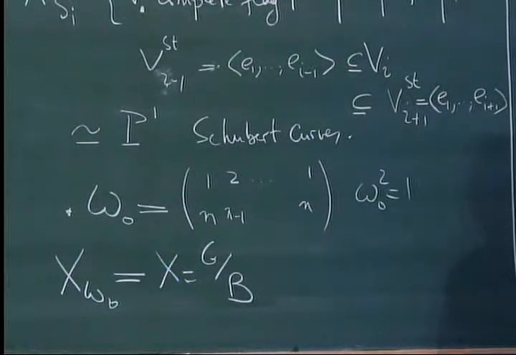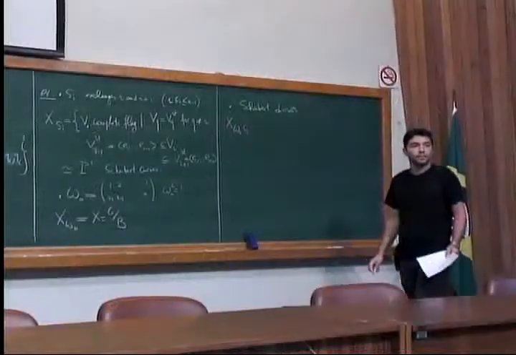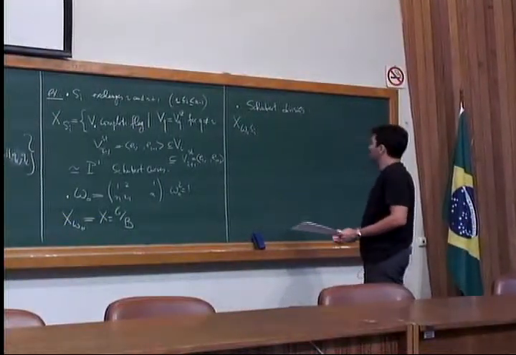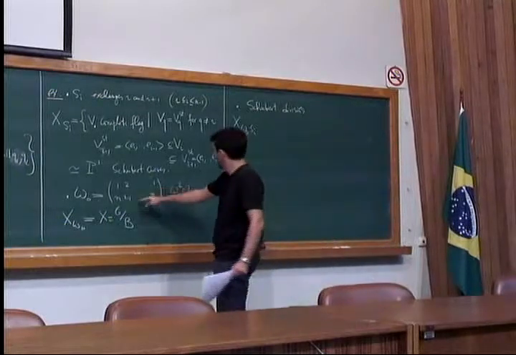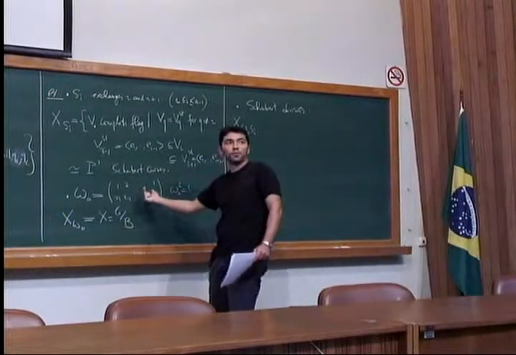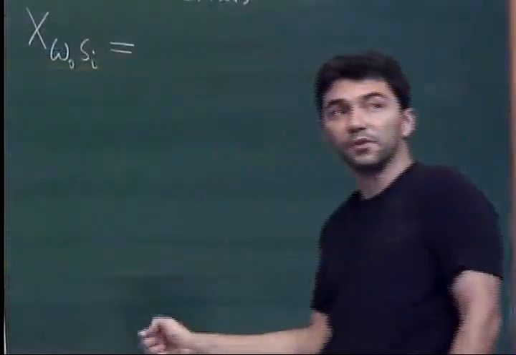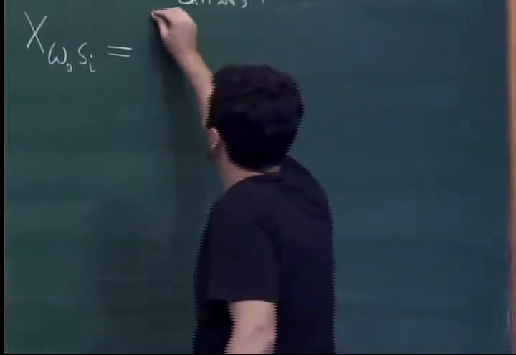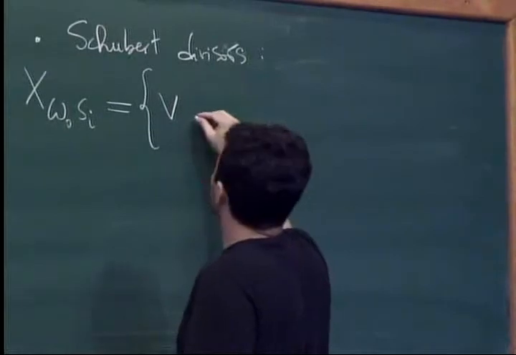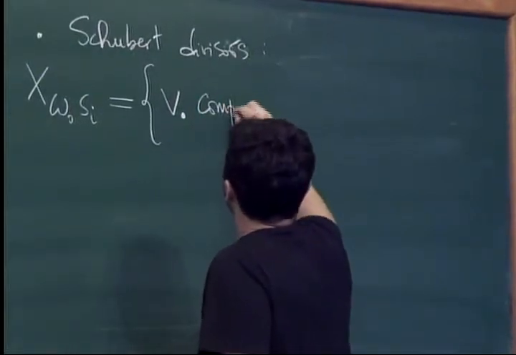And finally, the Schubert divisors. So now you want to understand X omega s_i. You see that something happened between i and i plus 1, where you have a permutation, and you can check that. Essentially it says nothing before, nothing after, so you get only one condition, and you can check that this is exactly the set of complete flags